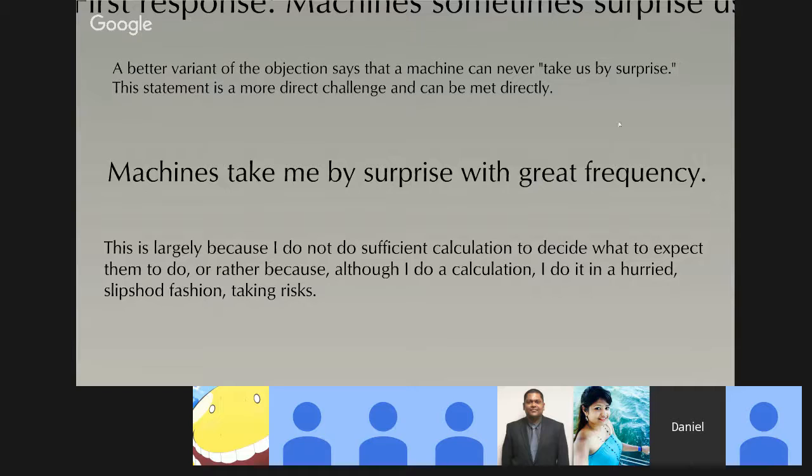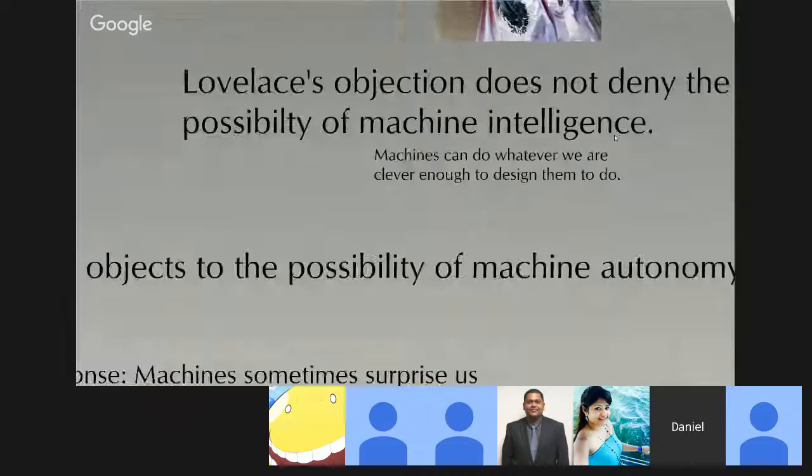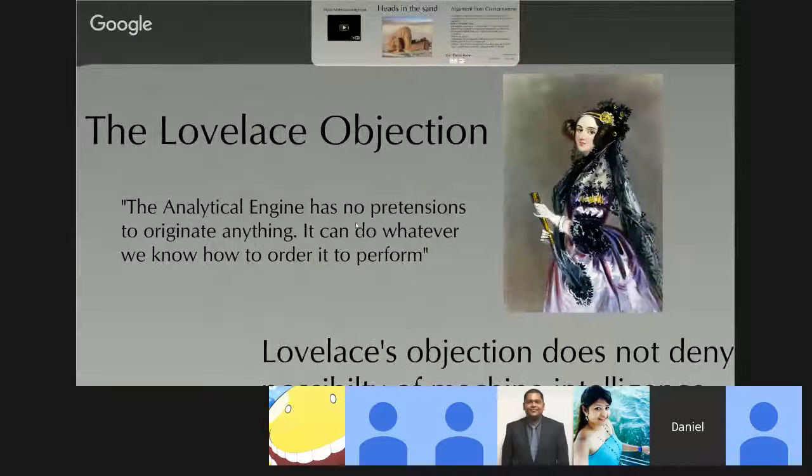We can't always anticipate what the machine's going to do, because just like us, these machines are also fallible physical systems. There could be an electromagnetic spike that causes the bits to flip randomly. Who knows? Lots of things could happen. These are all physical systems, and they're all going to be imperfect. So the machines aren't always under our complete control. And this is the presumption of Lovelace's objection. Lovelace's objection is that machines always do what we tell them to do, so that we have total control.